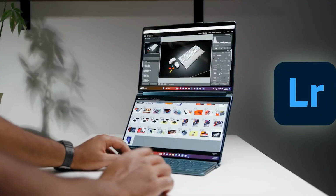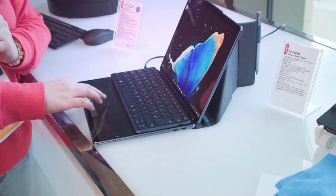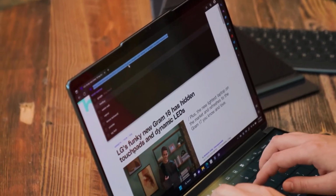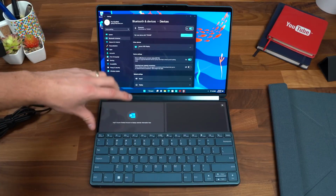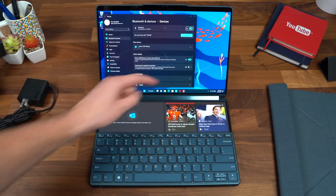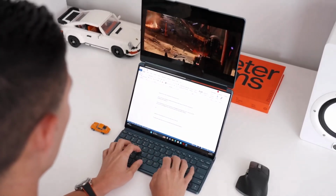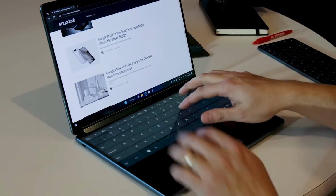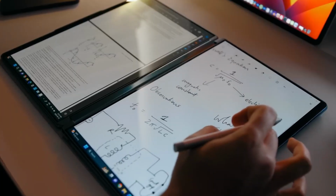One of the standout features of this device is its ability to use both screens simultaneously. Imagine browsing Twitter with your timeline flowing down onto the second screen in a vertical alignment, a neat trick that sets this laptop apart from conventional clamshell designs. The OLED screens truly come to life when watching videos, offering immersive and captivating viewing experiences. You can even fold the Yoga Book 9i like a tablet or position it in tent mode for optimal viewing